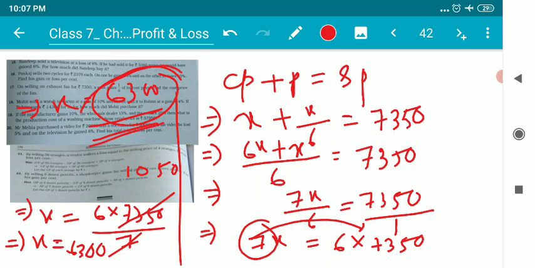This was the cost price of the fan, and he made a profit of 1/6 of the cost price. So children, I got the value of x. Now I got my answer. The value of x is 6300. So therefore, the cost price of the fan for the vendor was 6300. This is what our answer is all about.